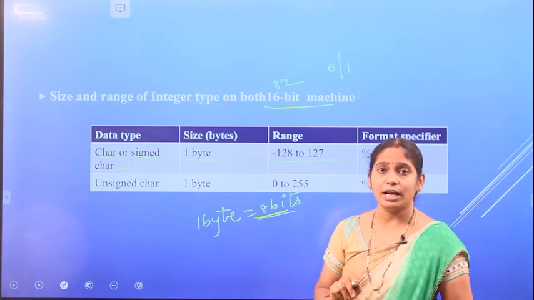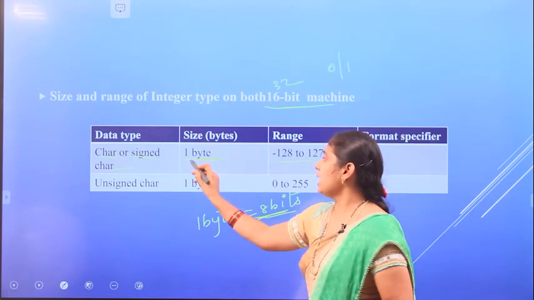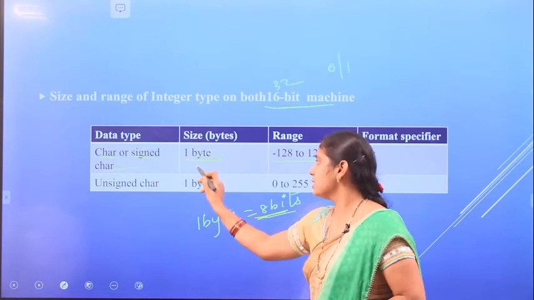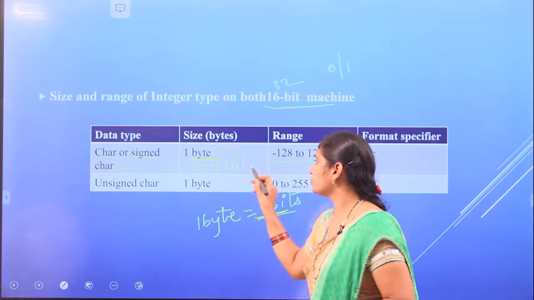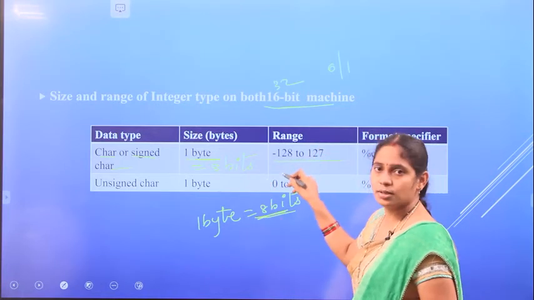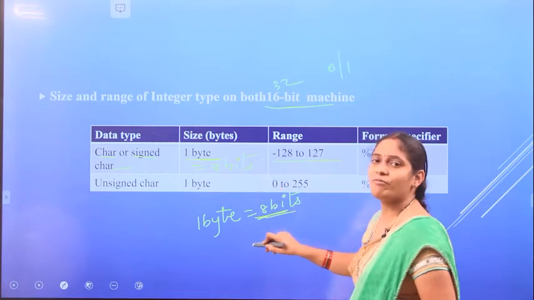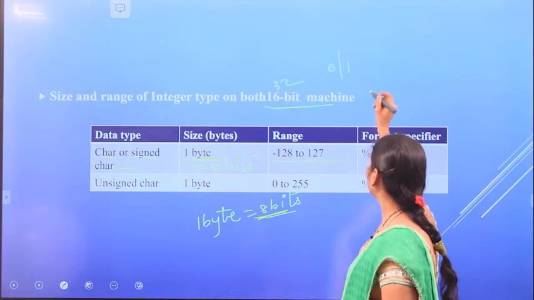Coming to the range. How to identify the range of a character? The size is 1 byte, which is equal to 8 bits. The range is represented in the form of binary. Binary means either 0 or 1, so total 2 digits.